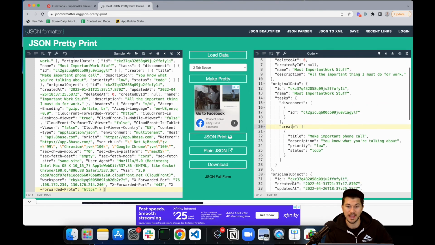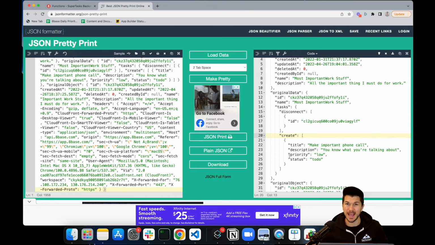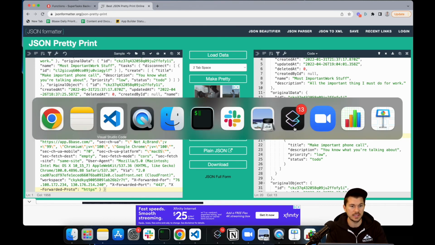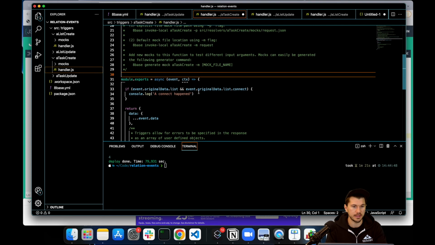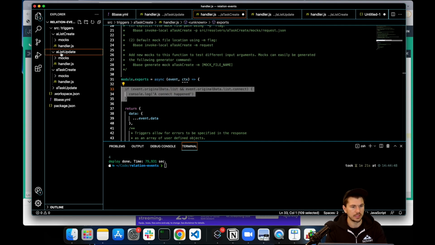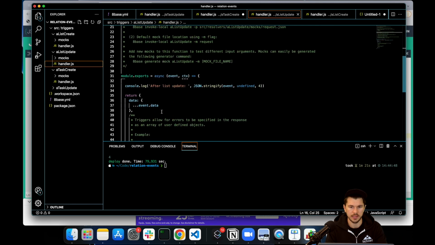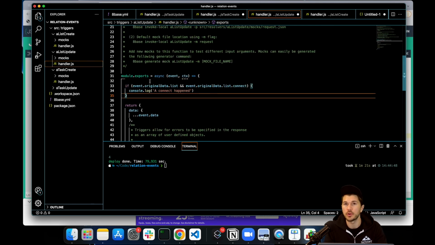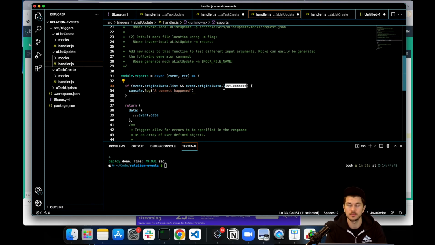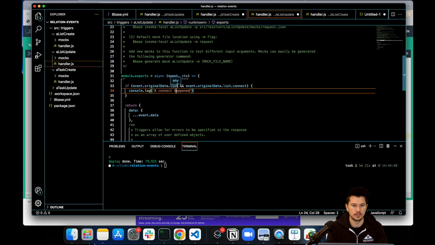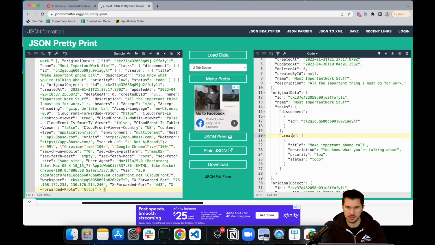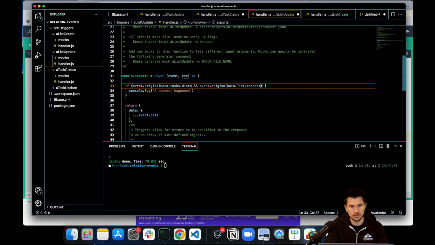So once again, we could detect whether or not we were creating a task through an update, as well as if we were disconnecting. The same way that we did it in task create, we could do it in after list update. So I'm just going to drop in. Once again, you can get more sophisticated in the way that you approach your syntax of how you're detecting whether the event exists in there. But so if original data, tasks, I think it's tasks. Yep, tasks. And then inside of there, we are looking for if there's a disconnect, or we're looking for if there is a